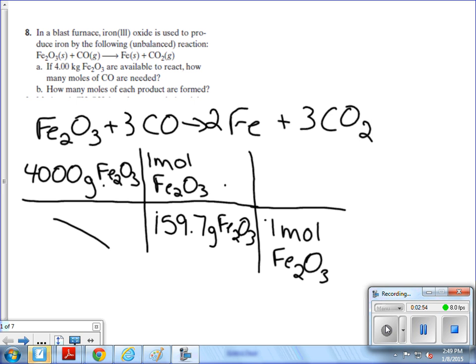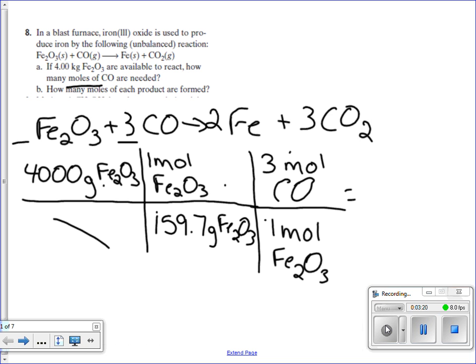There's nothing left for me to do except change to my new substance. And in the question, it asks how many moles of carbon monoxide are needed. So now I have to use a mole to mole ratio. If I have 1 mole of Fe2O3, I have 3 moles of carbon monoxide. So that's what goes next. The question asks for moles of carbon monoxide, and that's what I had in the top of my very last box. So now I know I can stop. So I'm going to take my calculator and I'm going to multiply all the numbers across the top, multiply all the numbers across the bottom, and divide the two values. And you should get 75.1 moles